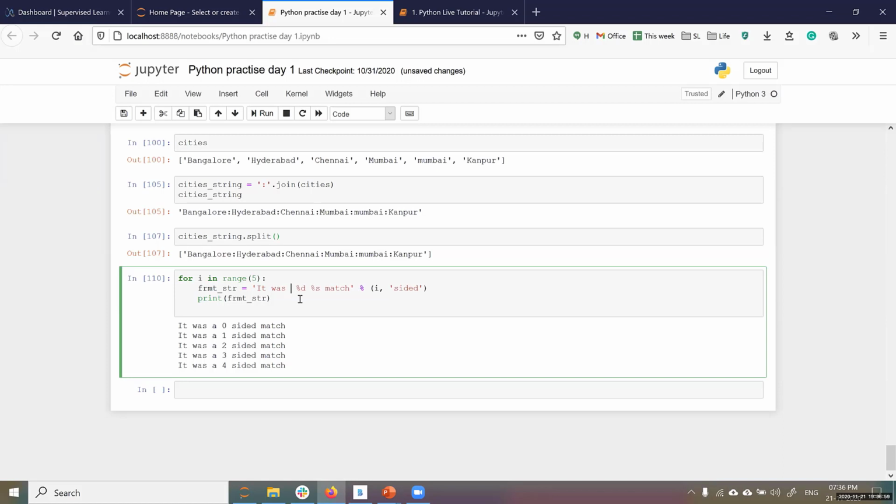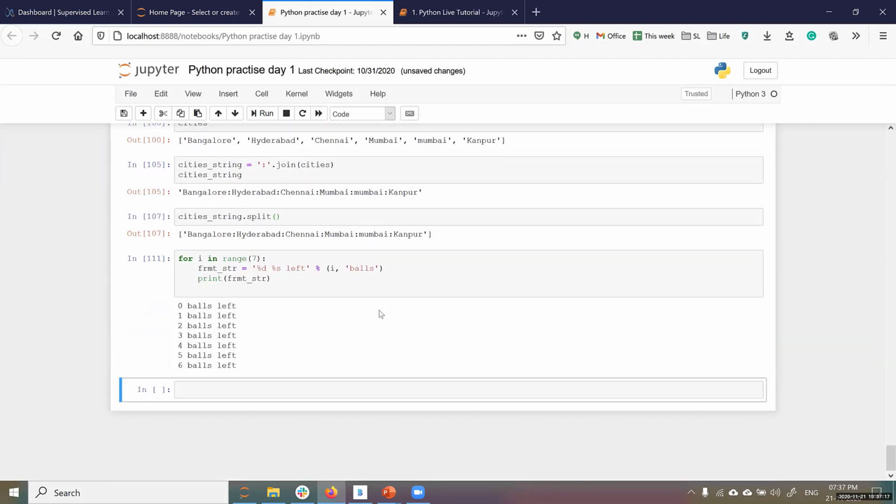Okay, it makes sense when it should be exactly opposite.